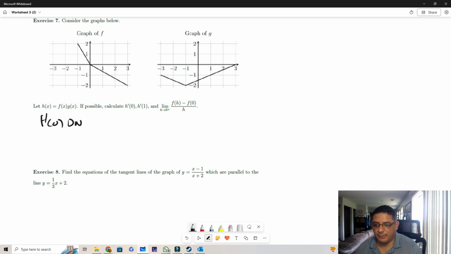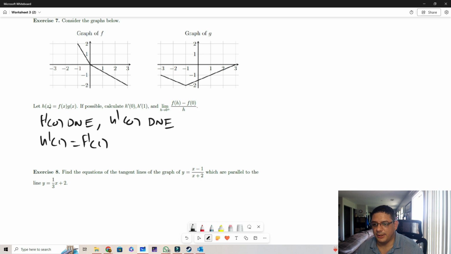And because f prime of 0 does not exist, then h prime of 0 does not exist, because h prime of 0 is defined in terms of f and g. So that does not exist. Now, h prime of 1 is a different matter, because notice that h prime of 1 can be seen as